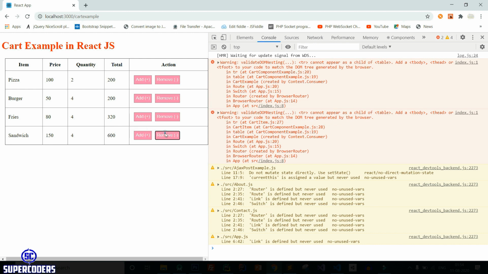It's done. Now here is one more thing you need to do: how you can read the final value at the bottom. So let's see.